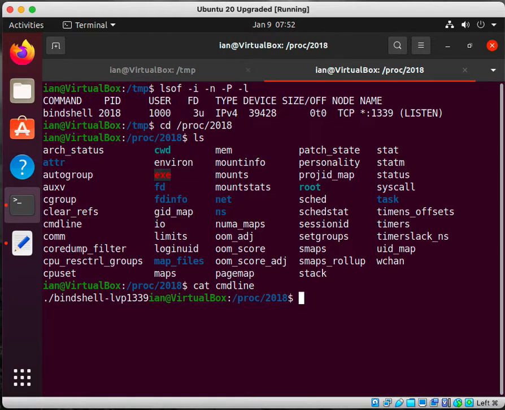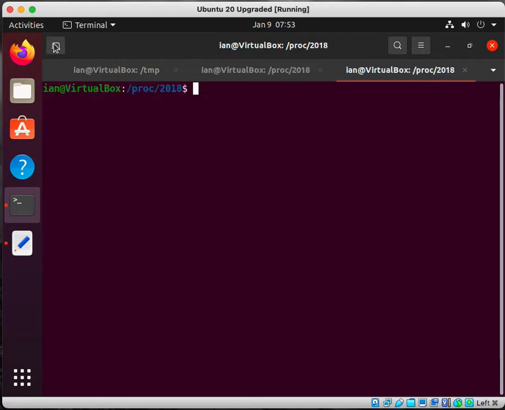There are two indicators that may prove network communication: network libraries and socket connections. So I'm going to run cat maps to show the libraries. Then I'm going to run ls -la fd to determine if the sockets are used. So let's go ahead and make a new tab here, and let's do cat